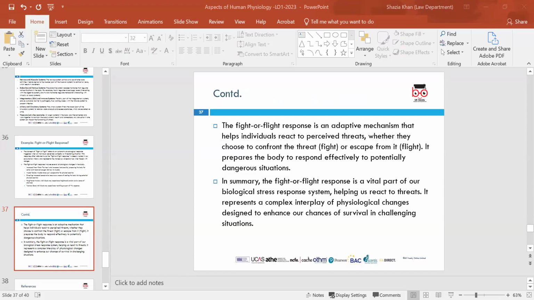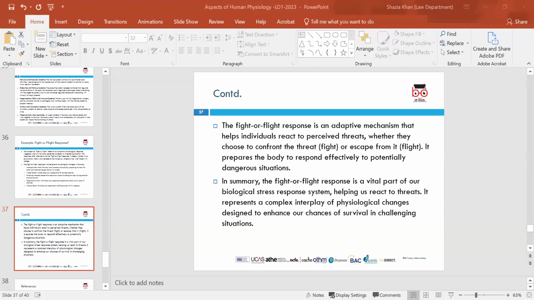So the fight or flight response is an adaptive mechanism that helps individuals react to perceived threats, whether they choose to confront the threat, which is fight, or escape from it, which is flight. The three stages work together to implement the elements of the fight or flight response. And there are benefits of the fight or flight response, which plays a critical role